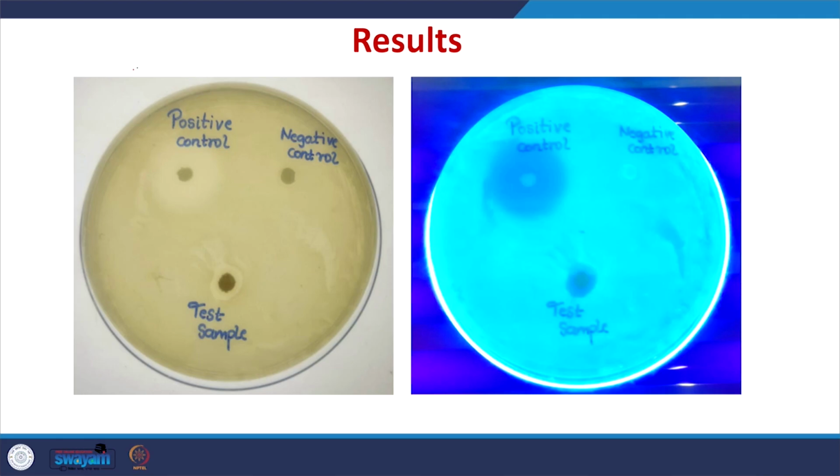Here we observe the antibacterial properties of silver nanoparticles under normal light and UV transillumination. The silver nanoparticles exhibit a zone of inhibition against E. coli bacteria, which is compared to the positive control, that is the antibiotics, and the negative control, that is only simple broth. Here you are not able to see any zone of inhibition in the negative control, but in the test sample where the silver nanoparticle is there, you can see the clear zone of inhibition, and in the positive control also we are able to see the clear zone of inhibition. Whereas in case of negative control, where we added only the broth, there is no zone of inhibition.